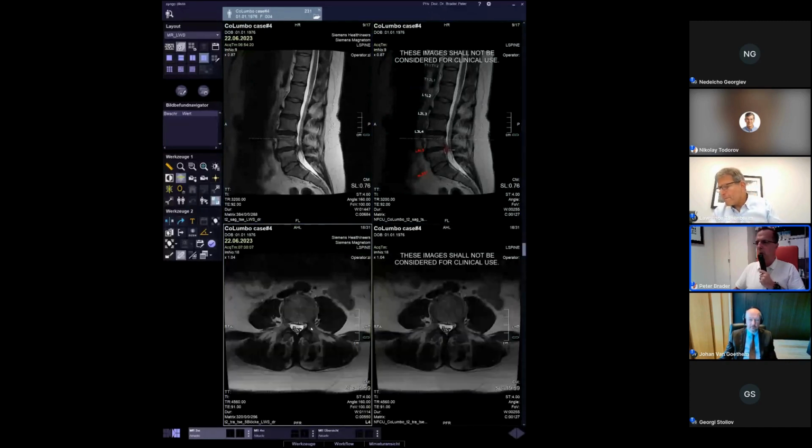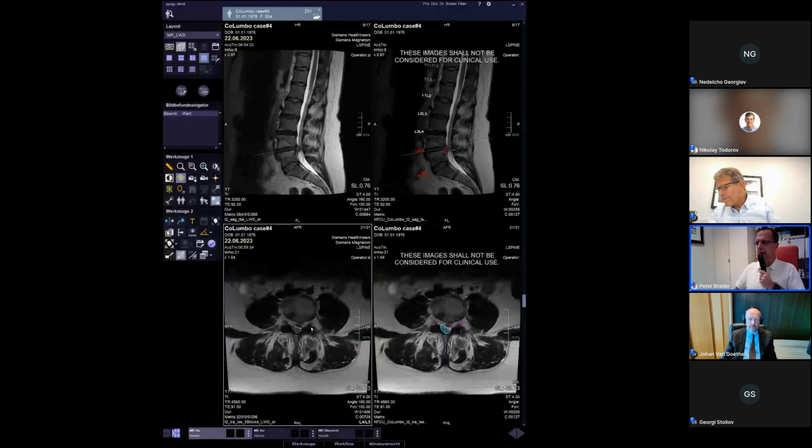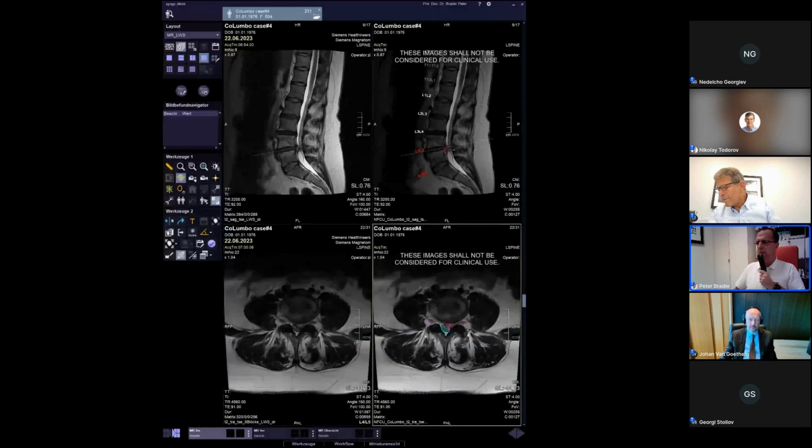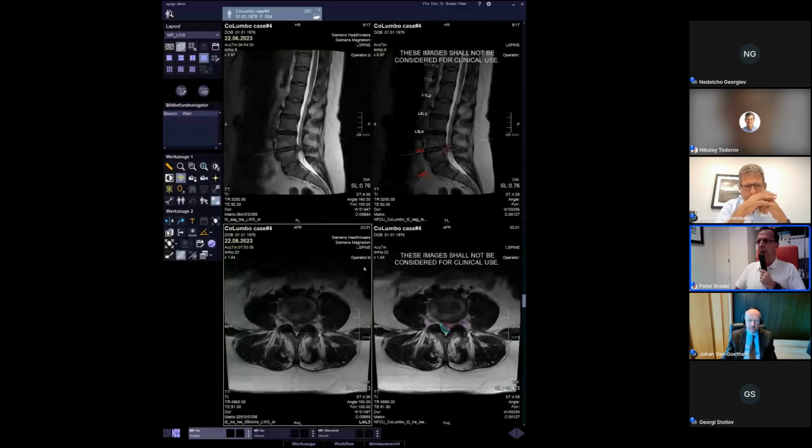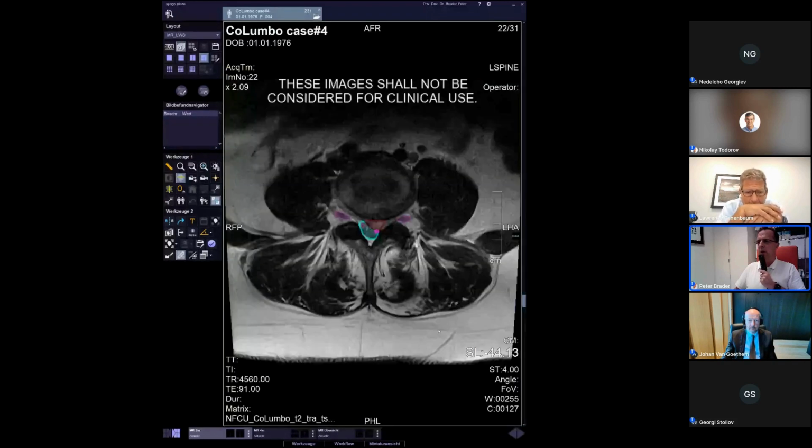And then we can go to the level, and you can see here, like Professor van Gotten said before, that you have the measurements. I will make it a little bit bigger. So here's the measurement, 7.5 millimeter on sagittal, and also here you can see the detachment of the nerve root. So this is a small line, but then when you have a connection between the nerve root and the extrusion, you can see here CoLumbo is using a big line. So if this fits for us,